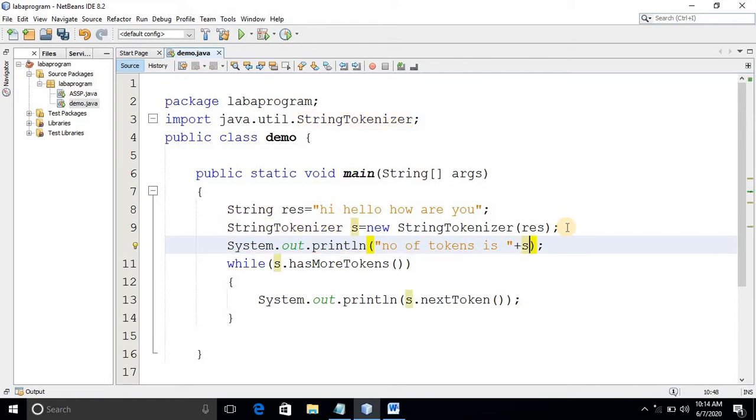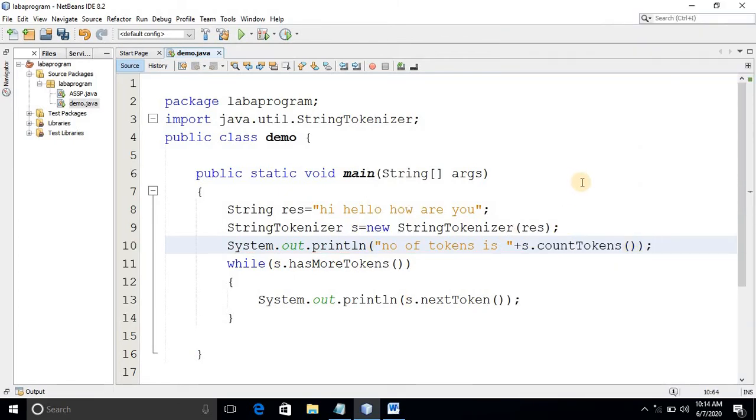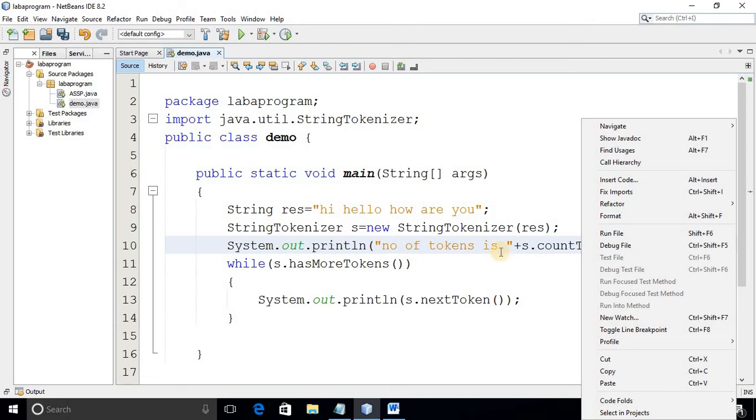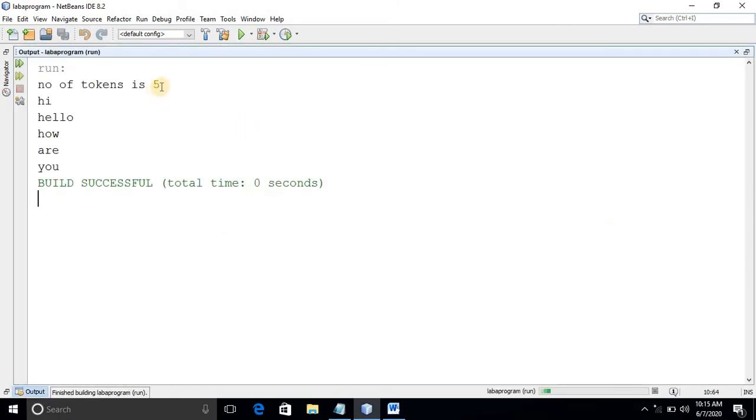Object s dot countTokens. If I give s.countTokens, it will display. If I run this code, you can see the number of tokens is 5: hi, hello, how, are, you. Understood, right?